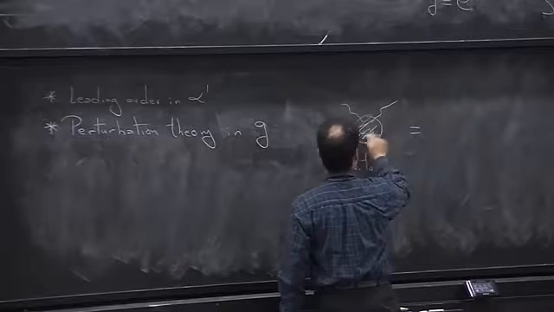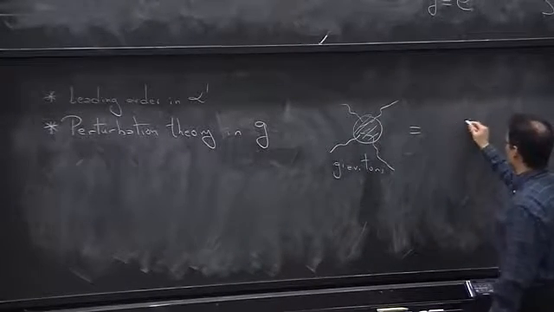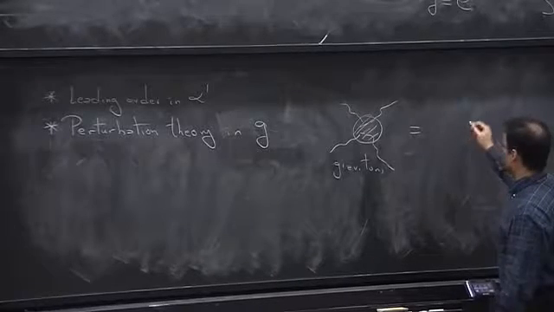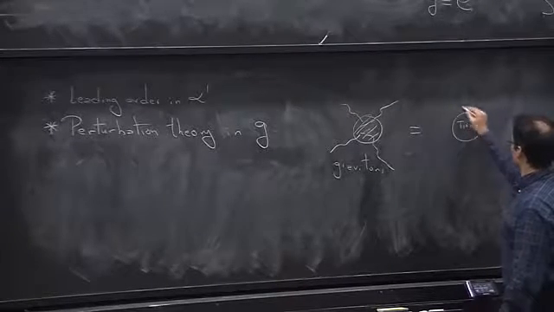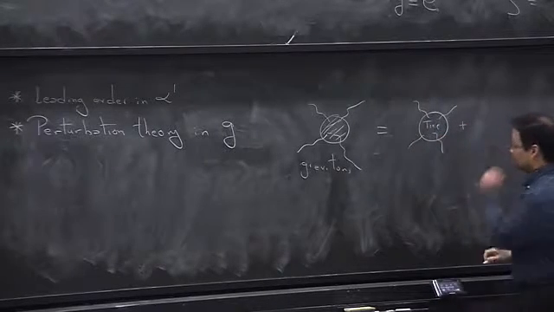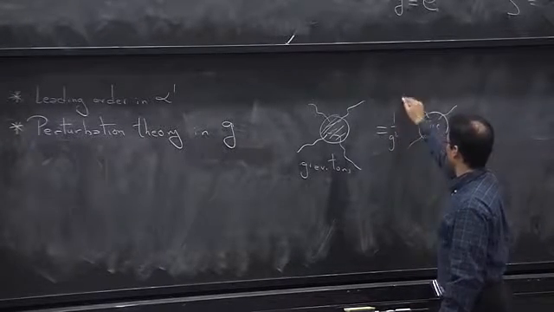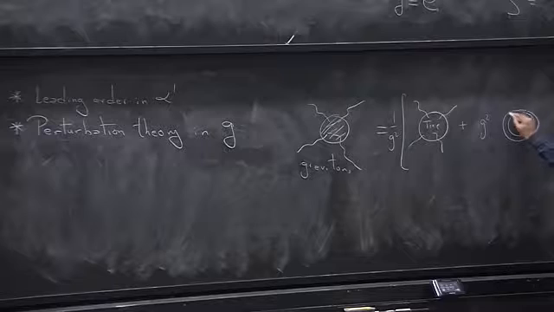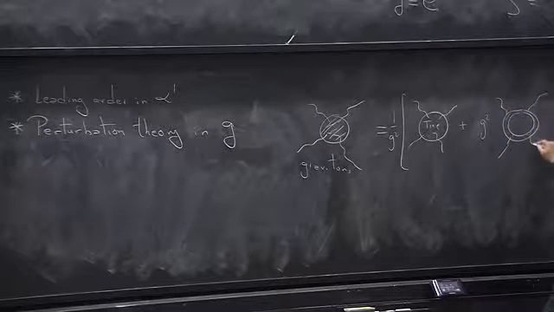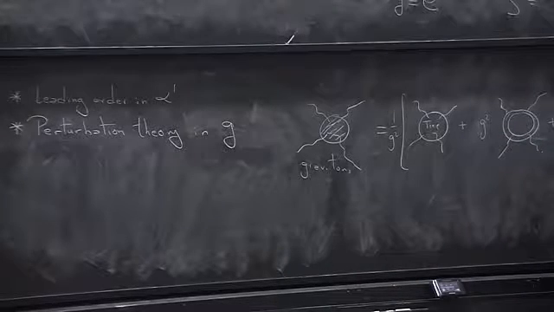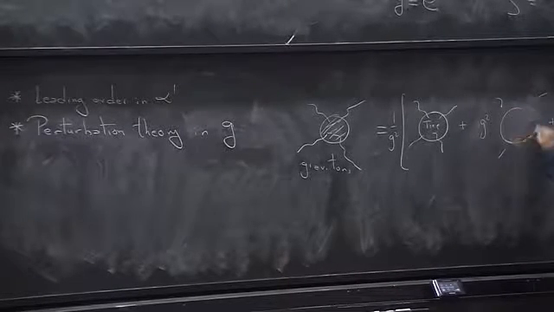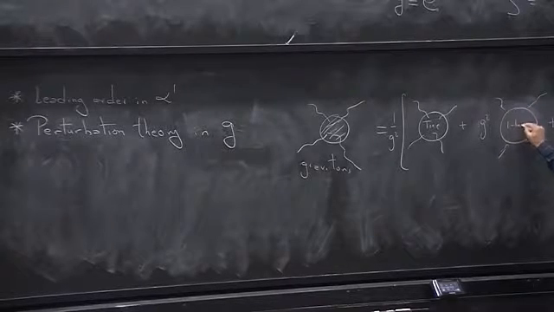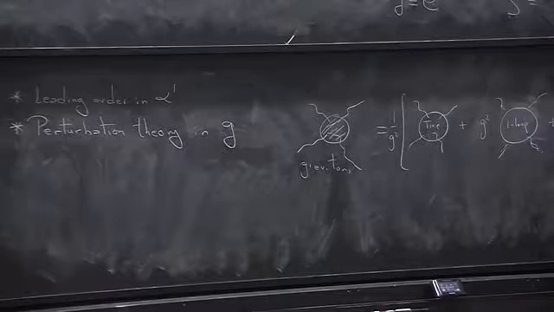And get something that looks like a tree level. So I have to find a good notation for that. So we can say tree. So we can put this 1 over G squared here. So there will be a factor of G squared if we compute a one-loop, G to the 4th if we compute a two-loop. So maybe I'll just say one loop, two loops,